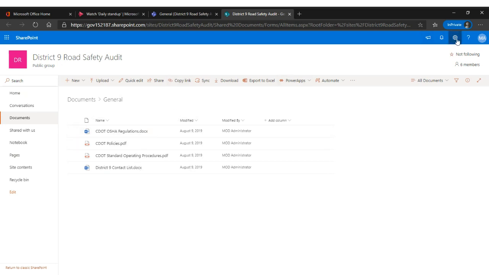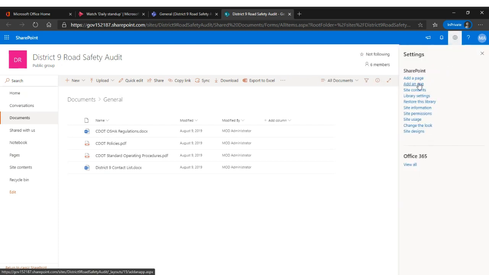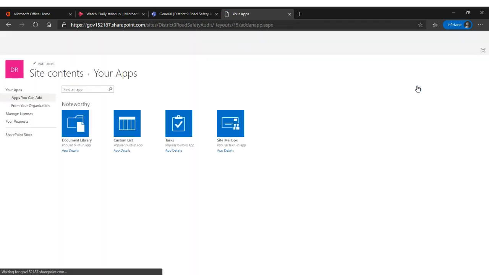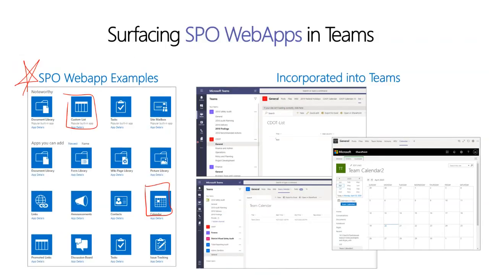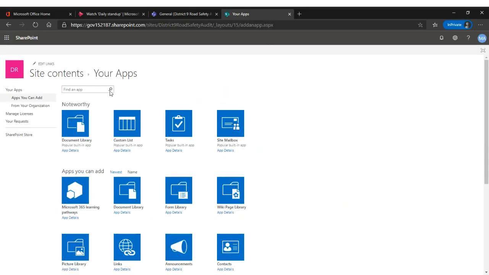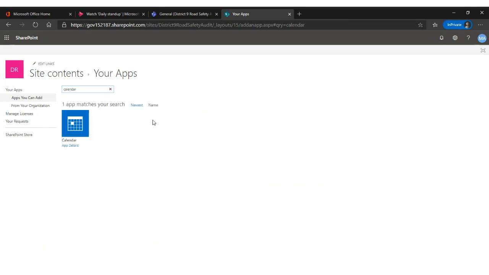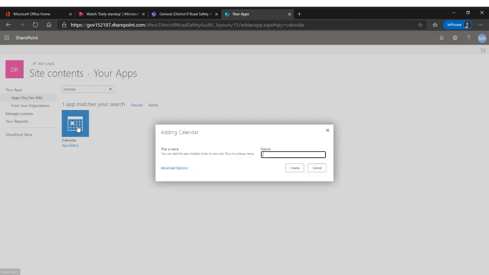Now, if I go to Apps up here in the top right, this little Settings button, I can choose to add an application within the team. So this is adding a web app, okay? If I click Add an App, it brings me to the library. This is the screenshot that I took on this slide here, from this library. Let's say I wanted to add a team calendar to my team site. I could do anything, right? Lists, whatever. Let's say I want to do a calendar. Search calendar, cool, there it is, it's available. Let's do team calendar,